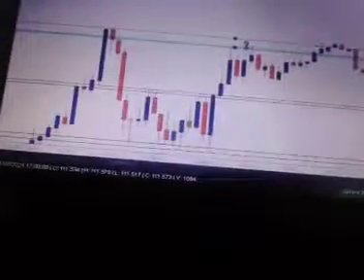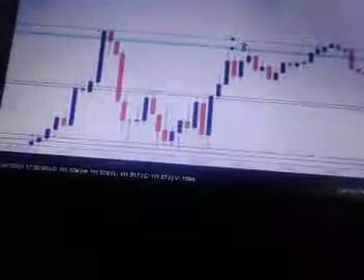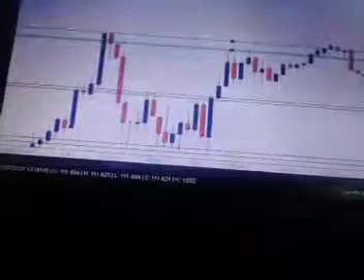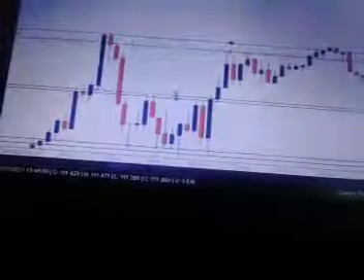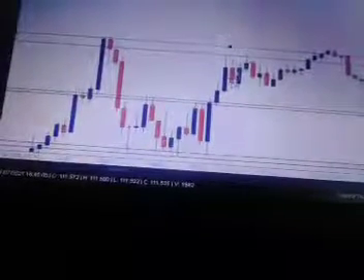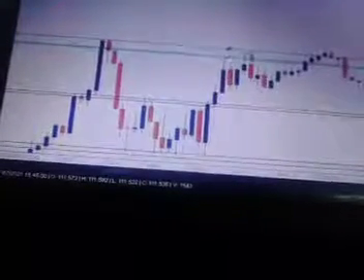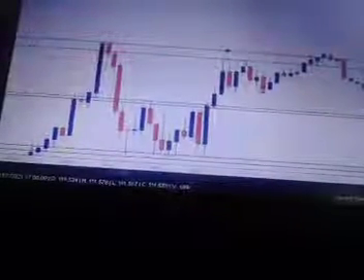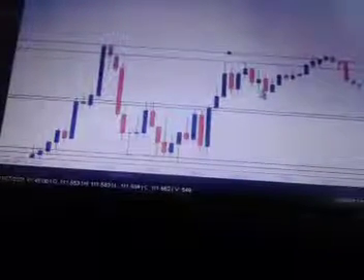So the market came to this level of resistance. The reason I'm saying it's a resistance is because I'm seeing that the market tested it one time, two times there, so I'm looking for it to come for the third time. The market came here and tested this level for the third time, so I could have entered a small sell there,